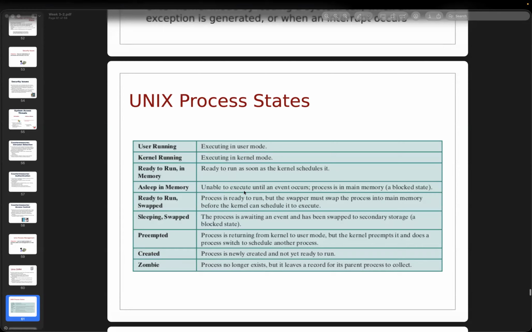Asleep in memory, unable to execute until an event occurs. So it's a process in the main memory. We can treat it as a blocked state. Okay, we are waiting for an event. So if you see asleep and ready to run, swapped. They're ready to run, but the swapper must swap the process into main memory before the kernel can schedule it to run or execute, then it's called ready to run. And sleeping, swapped. Okay, so